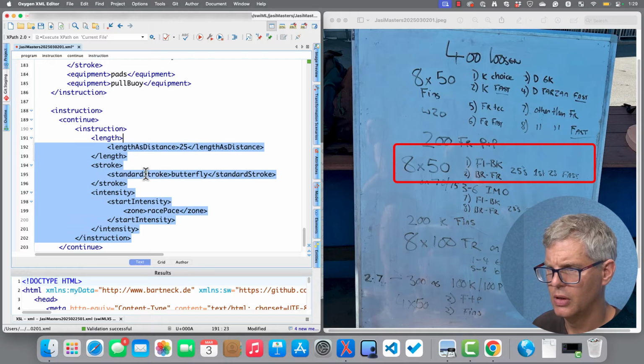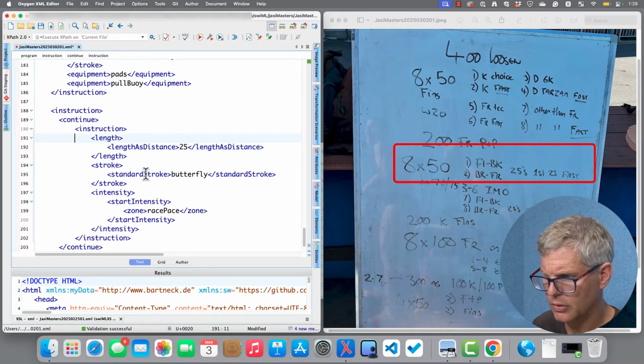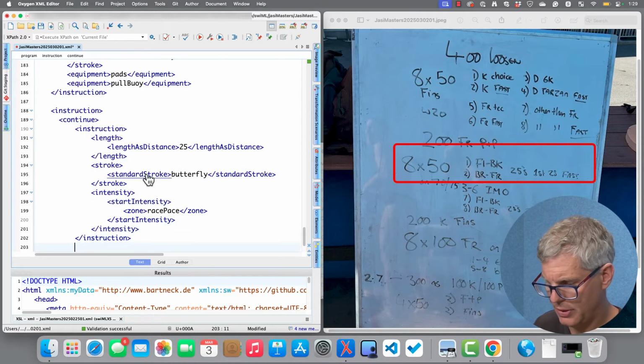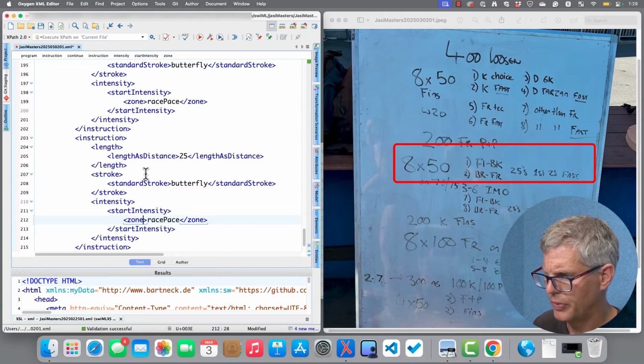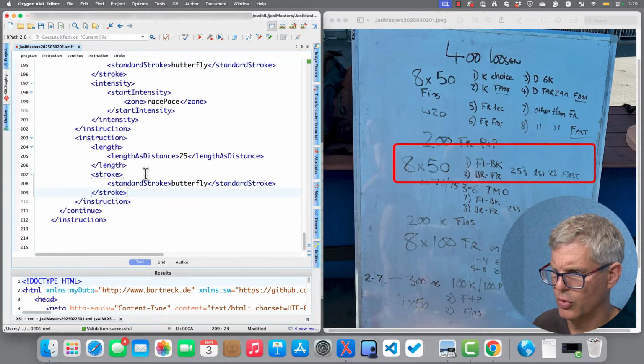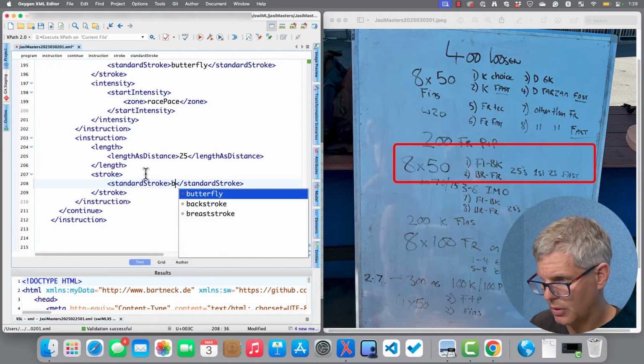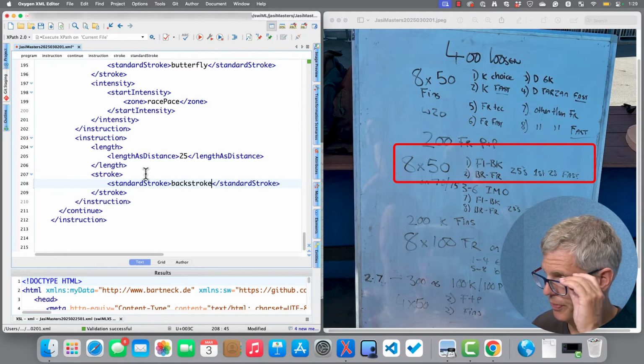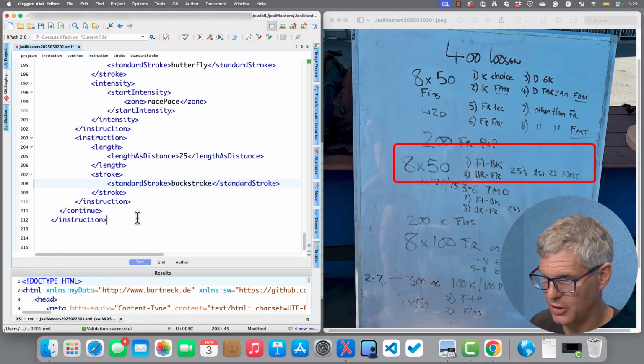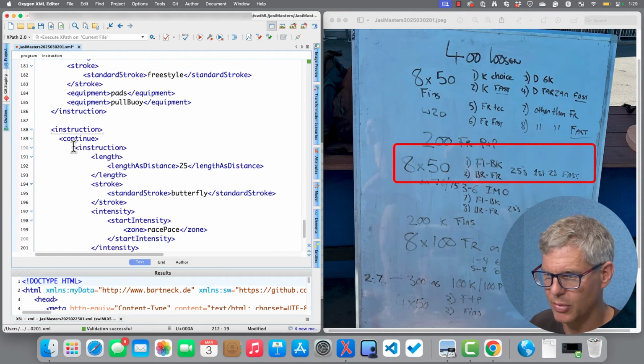So we repeat this. Okay, it doesn't say anything about the speed of the second one, so we just remove this and do backstroke. Now that's the first 50,